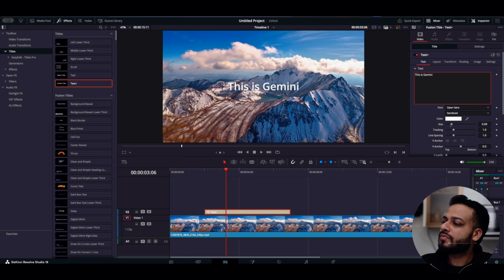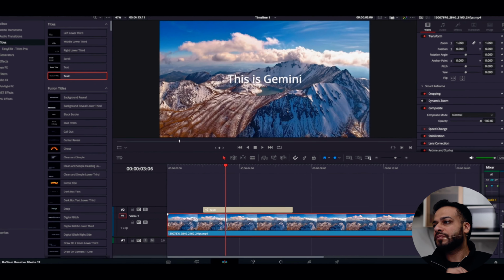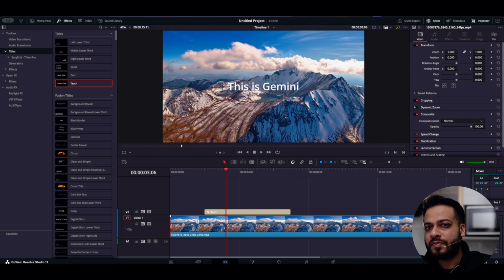Yes, I can see the text overlay. It says, "This is Gemini." Is there anything else I can help you with? Okay, how do I color grade this clip? Okay, to color grade the clip, you'll need to go to the Color tab, which is next to the Edit